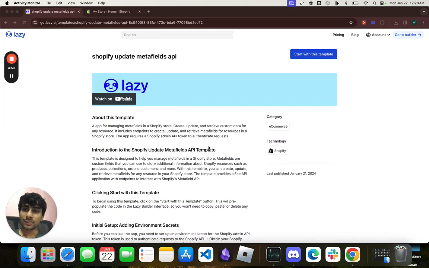Hello, this is a demo of the Shopify Update Metafields API template, which is built using getlazy.ai. It allows users to create metafields for any resource, for example products or blogs, in their Shopify store using an API. To start using this template, click on the Start with this template button,